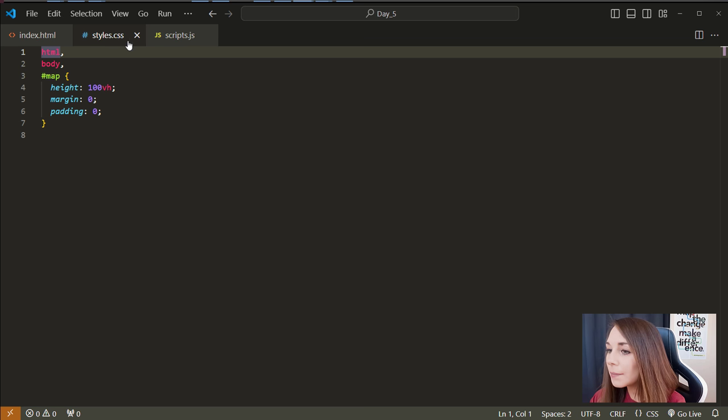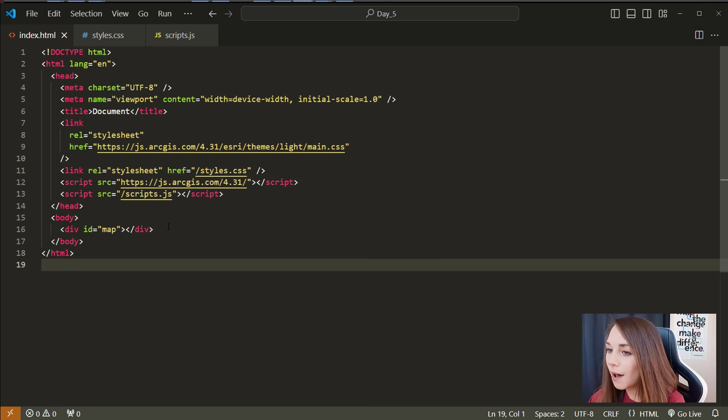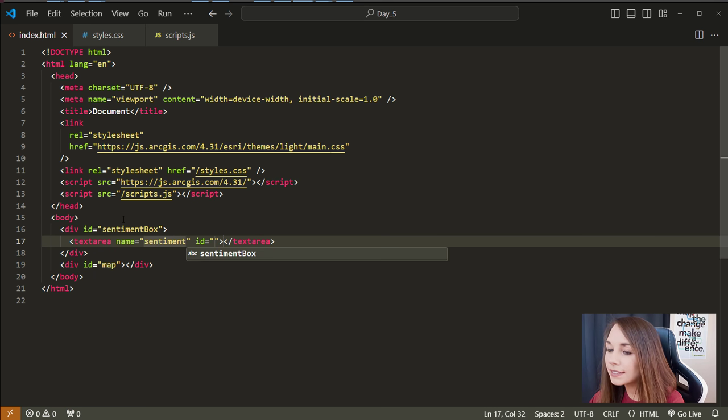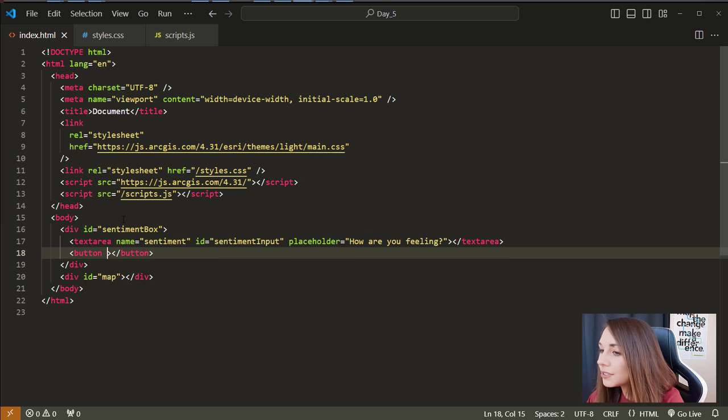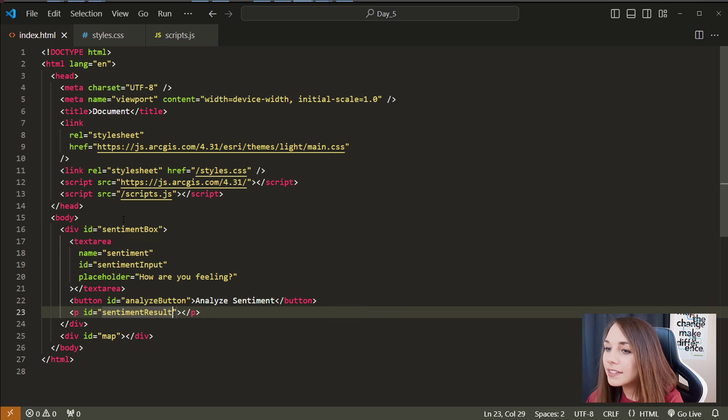I've already set up our basic HTML, CSS, and JavaScript for our map. Let's go ahead and add a sentiment box in the HTML section to allow the user input on how they're feeling. I'll also include a button to submit their response. Next we're going to quickly add some styling to it. So in the CSS, I'm adding simple styling to position the box on top of our map in the bottom